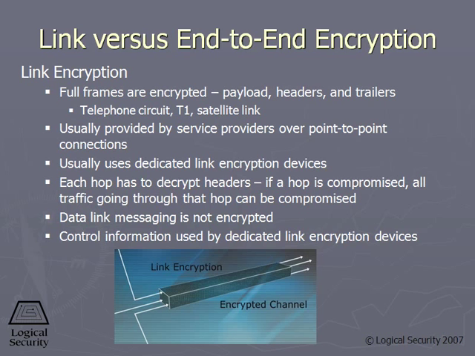It gets to this device at the other building. It decrypts the headers, the payload, everything, and then you have a router that knows where to send those packets within that building. So link encryption is usually used by service providers where it's a point-to-point, like even in